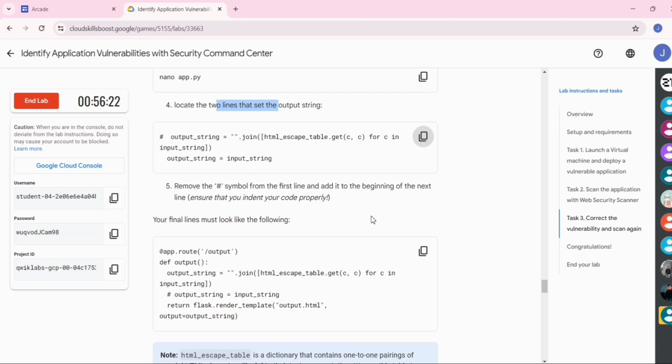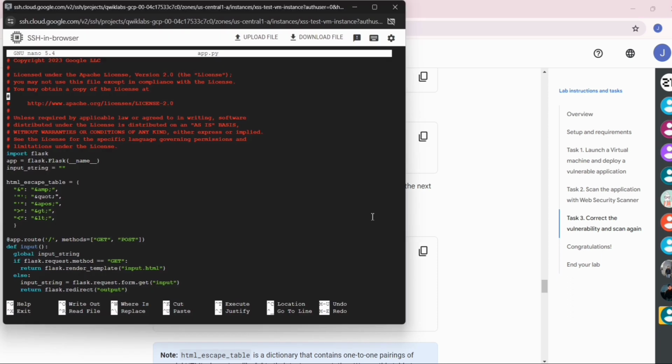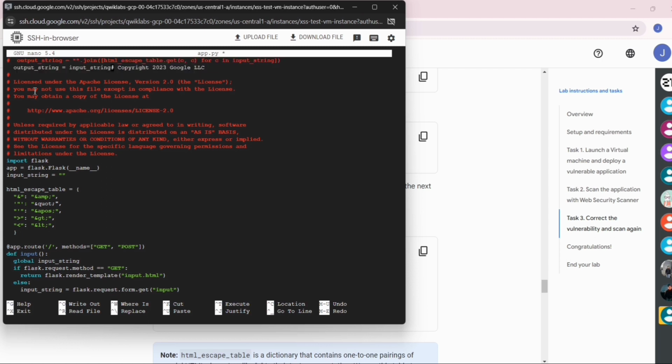Now go back to the window and now paste your code here and remove this. Now you have to remove this hash sign at the top. Remove it.